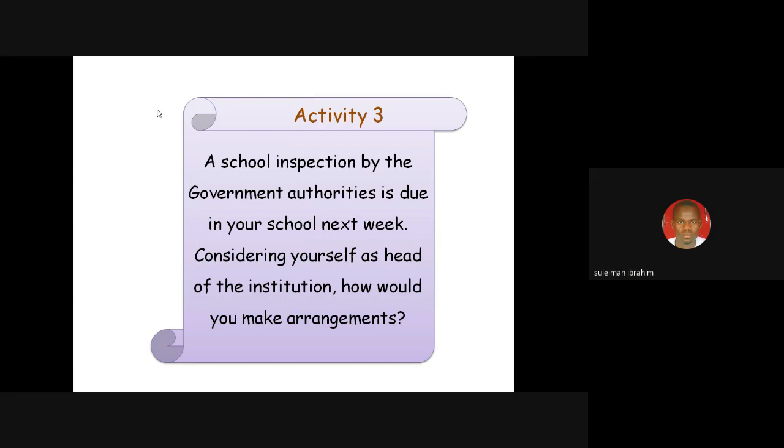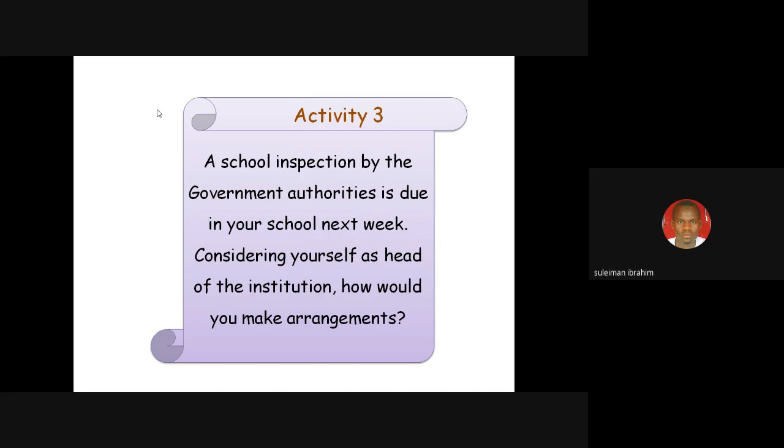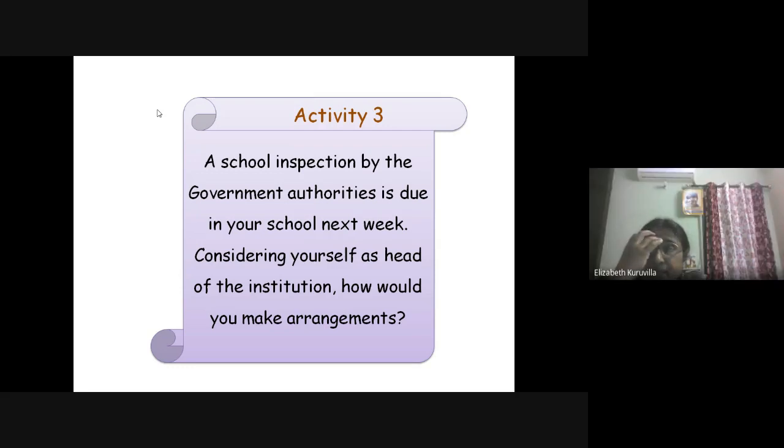How will you inform the learners and parents immediately? About the school visit by the inspection, how will you inform the parents and children? The parents of the students, are they staying nearby the school?